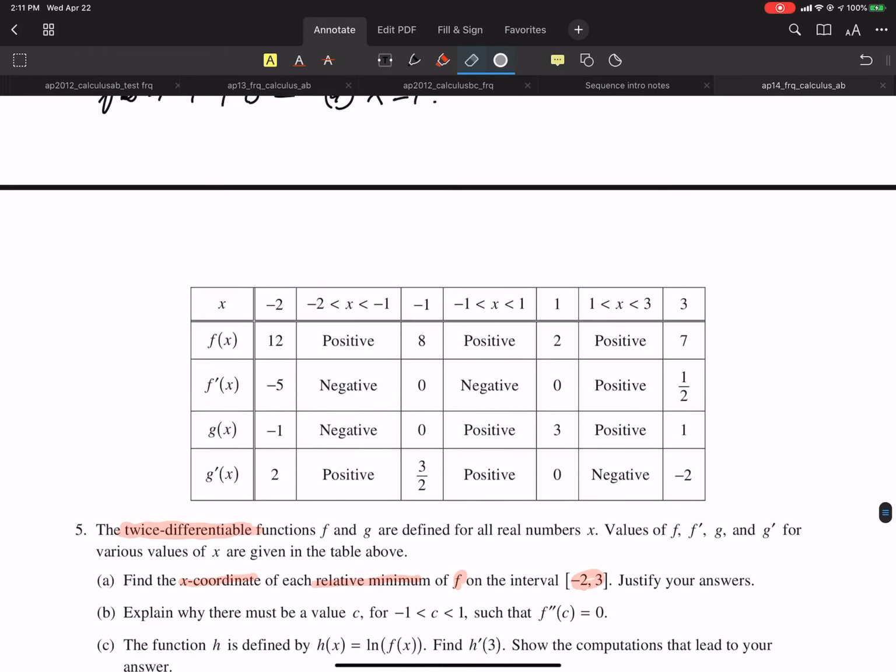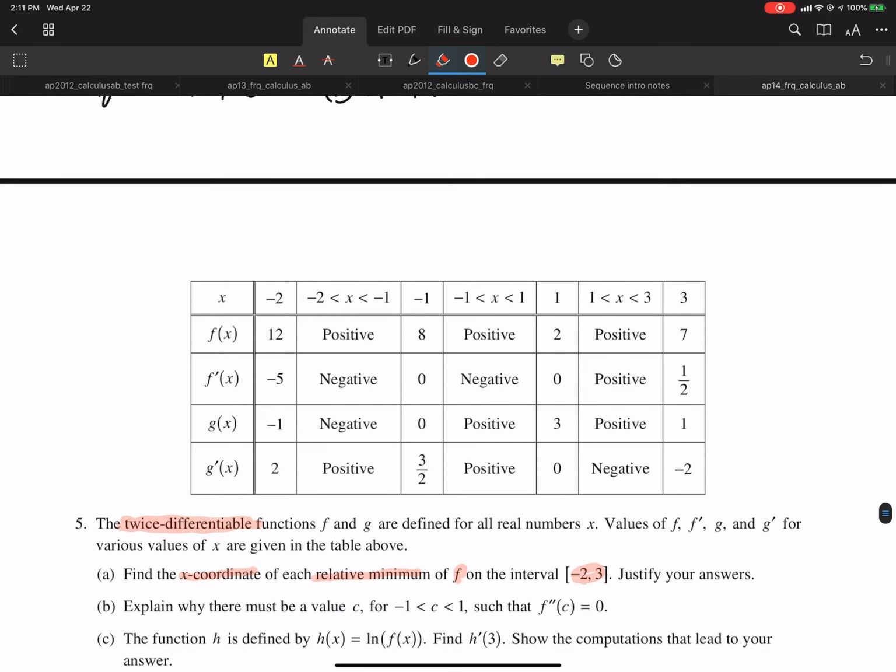Let's look at part B. Why must there be a value of c between negative 1 and 1 where the second derivative is 0? There's two ways this could possibly happen: either the intermediate value theorem or the mean value theorem. The intermediate value theorem would say